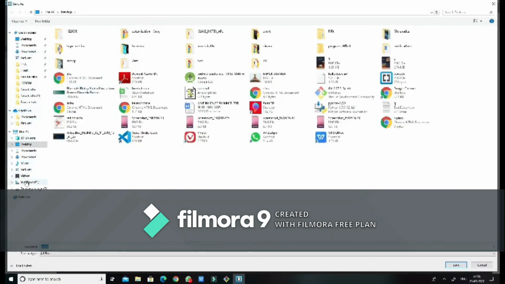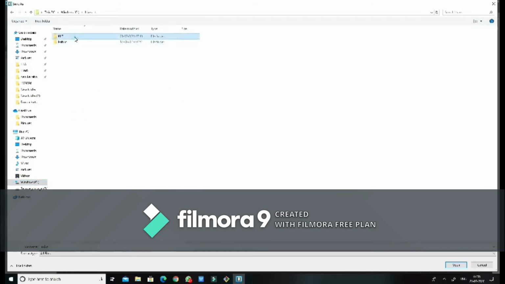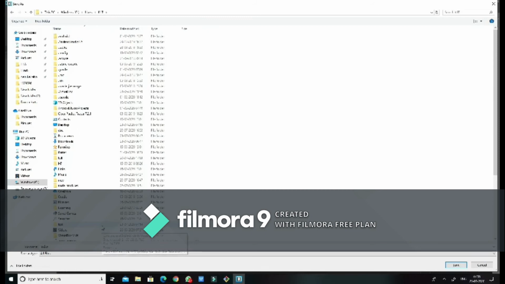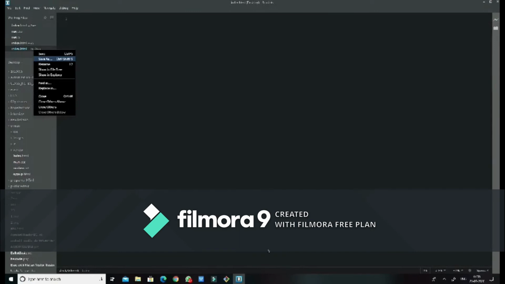Index.html, in the C drive under users, Git, and there must be a test folder which is completely empty. There we save it.